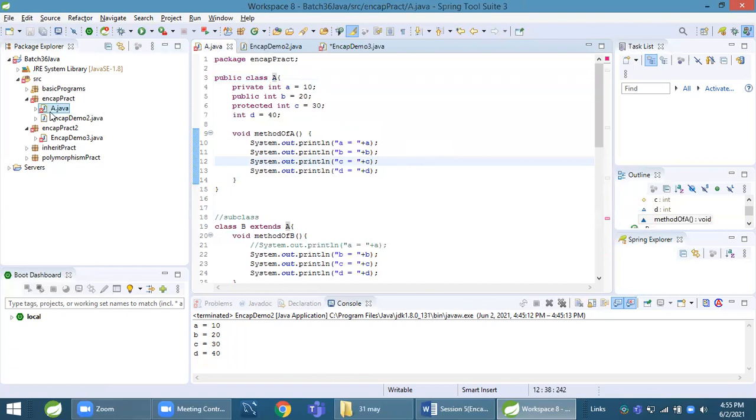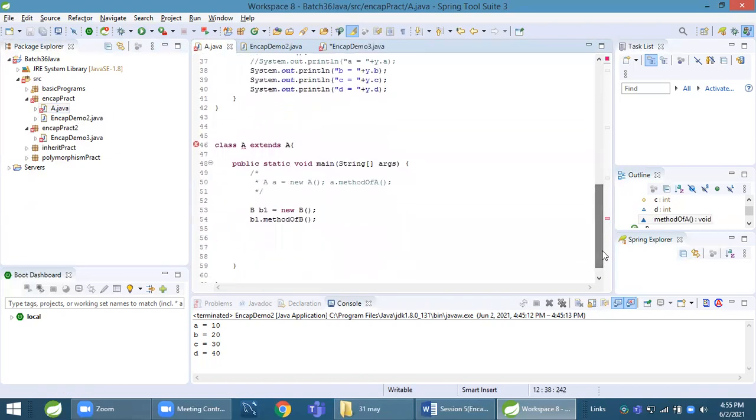Also, we have error to this file. Let me check below code. Let me take this C. C already defined.